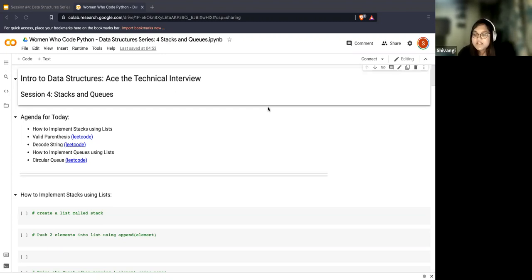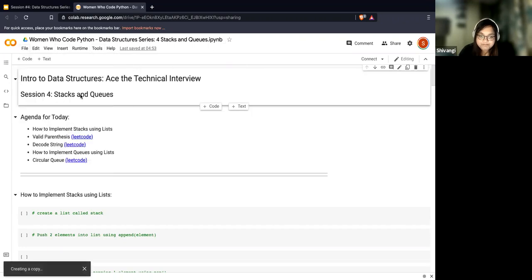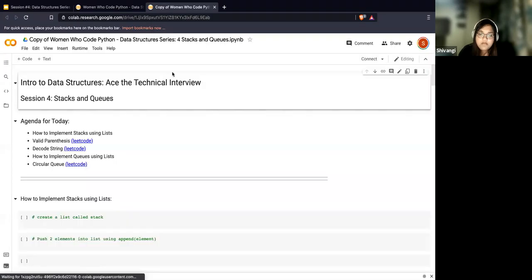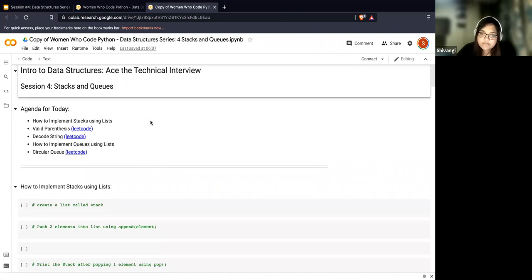I think Stephanie has shared the Colab link with all of you. Open up the Colab link and make a copy of it in your drive, and it'll directly open the copy. You can use this copy to follow along with the code-along session. If everyone's ready, let me know on the chat once you have finished cloning, and then I'll start.